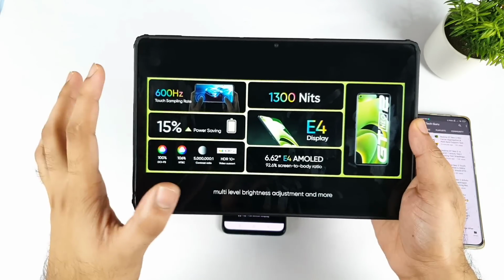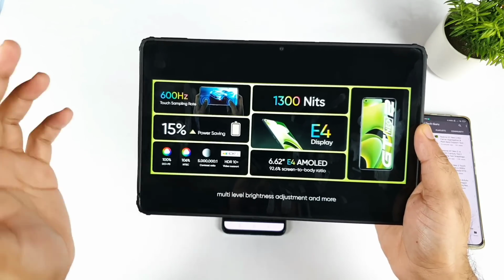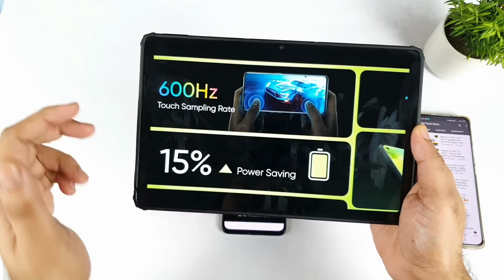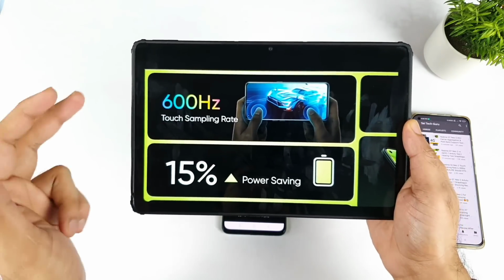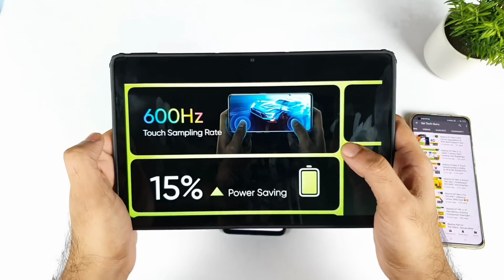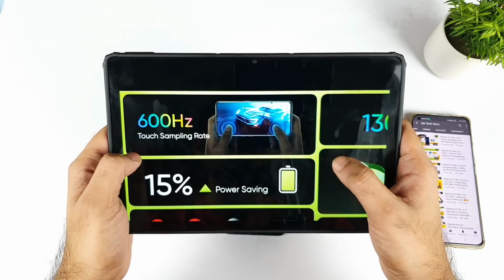As you can see, if you show this screenshot to a normal average user, if he sees the touch sampling rate, what will he think? He will definitely think the phone has got 600 Hz touch sampling rate. At least they could have mentioned that it is possible in GT mode, or peak touch sampling rate, or instant touch sampling rate. This could have clarified a lot of doubts, because I was one of the